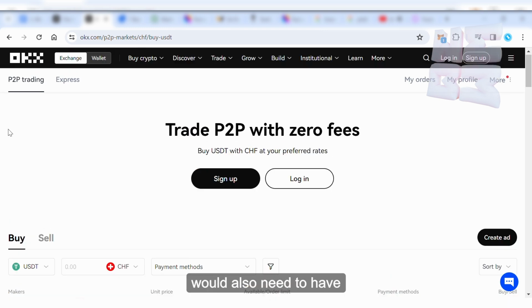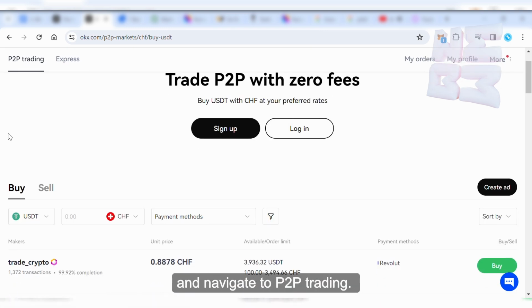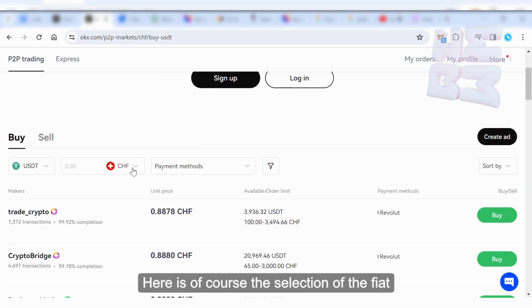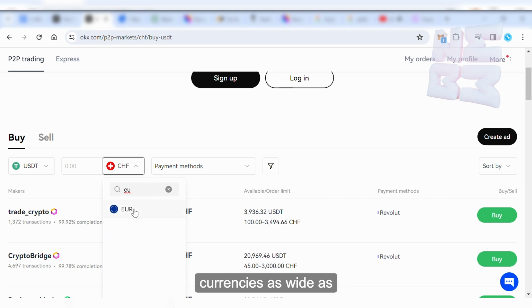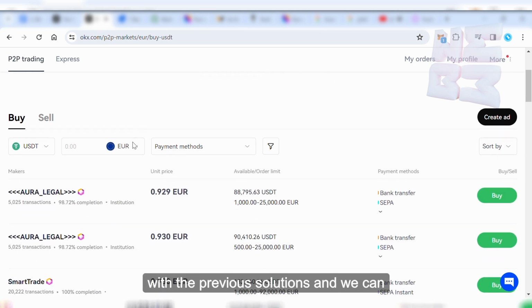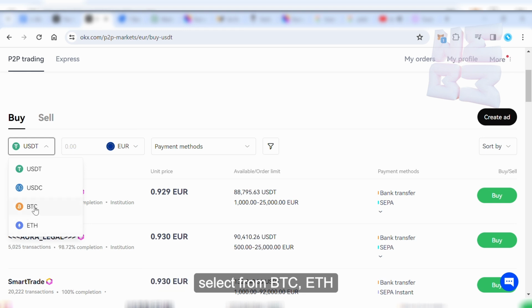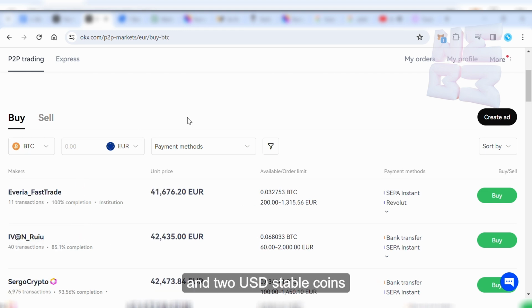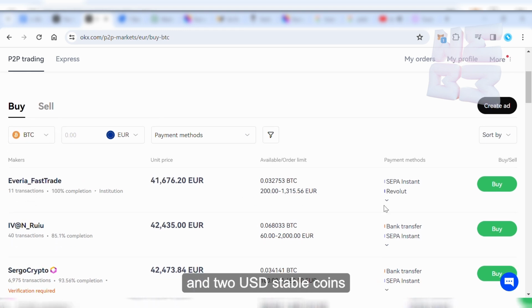Of course, you will also need to have an active account with OKX and navigate to P2P trading. Here is, of course, the selection of the fiat currencies as wide as with the previous solutions. And we can select from BTC, ETH, and 2 USD stablecoins, just like with Bybit.